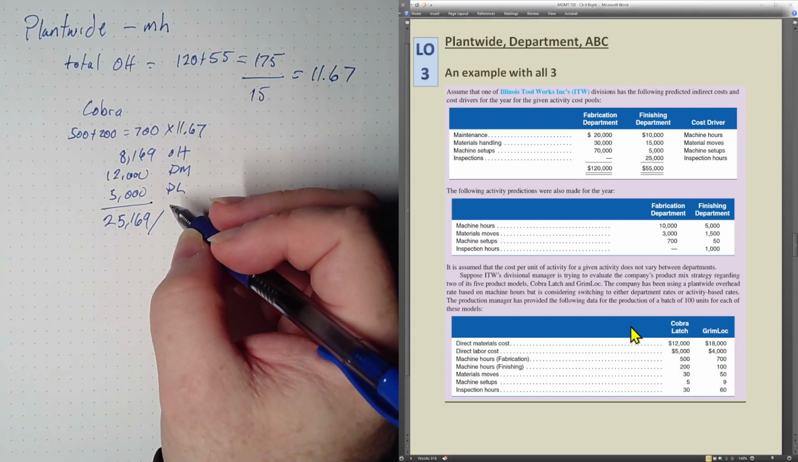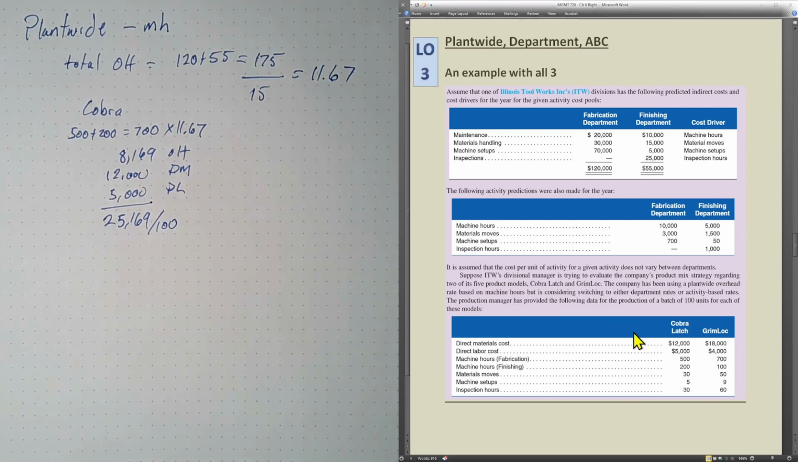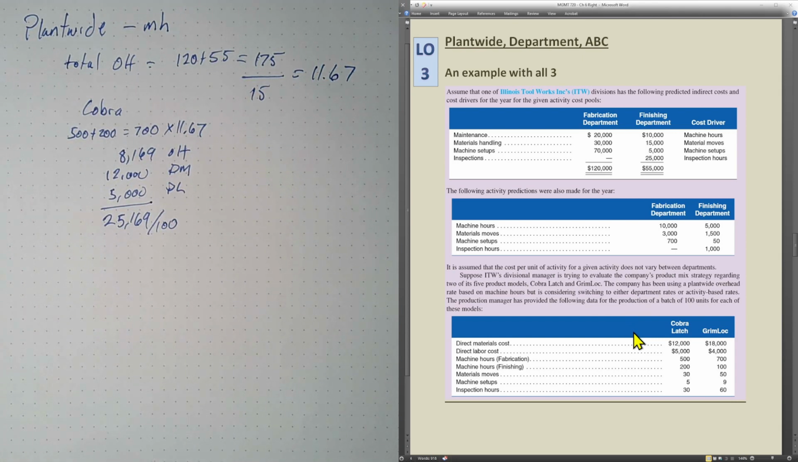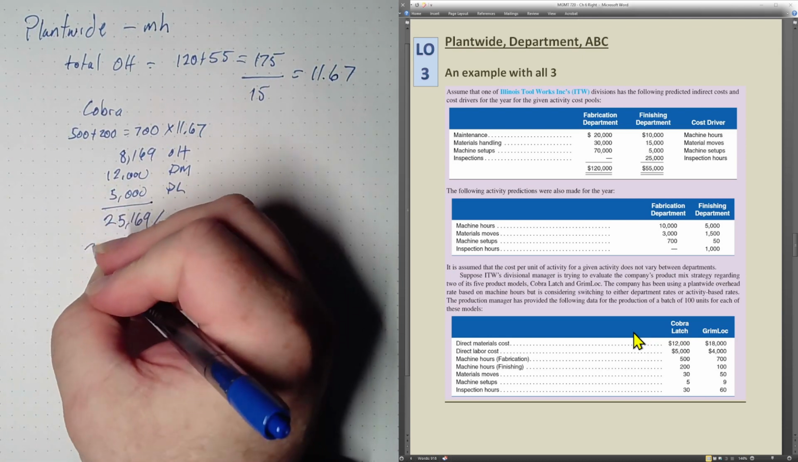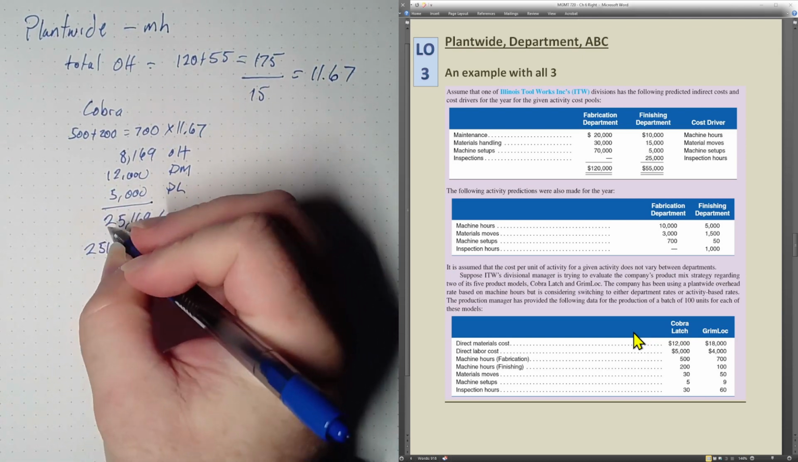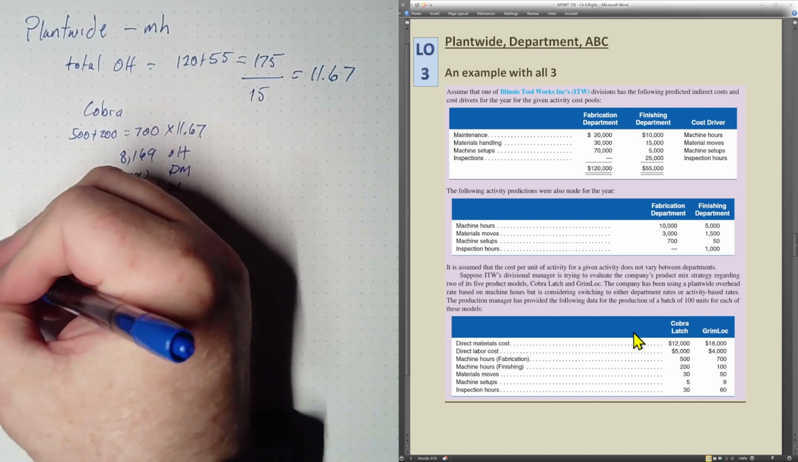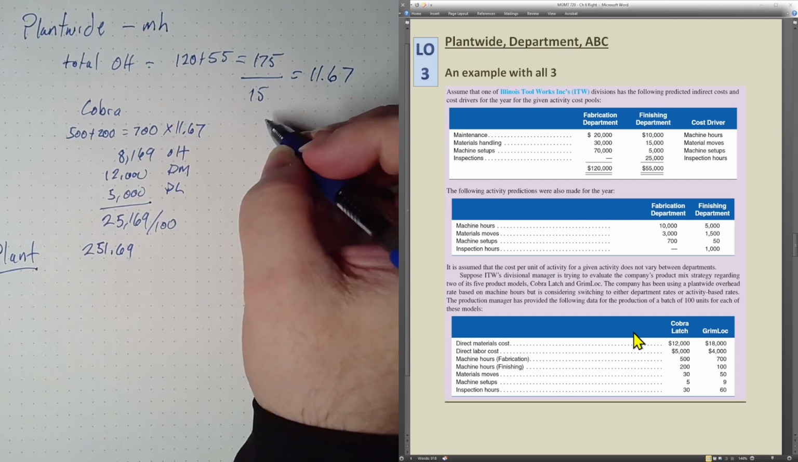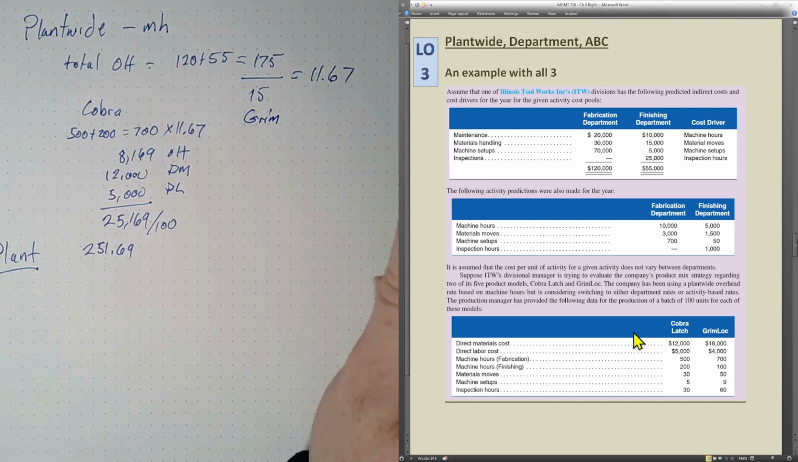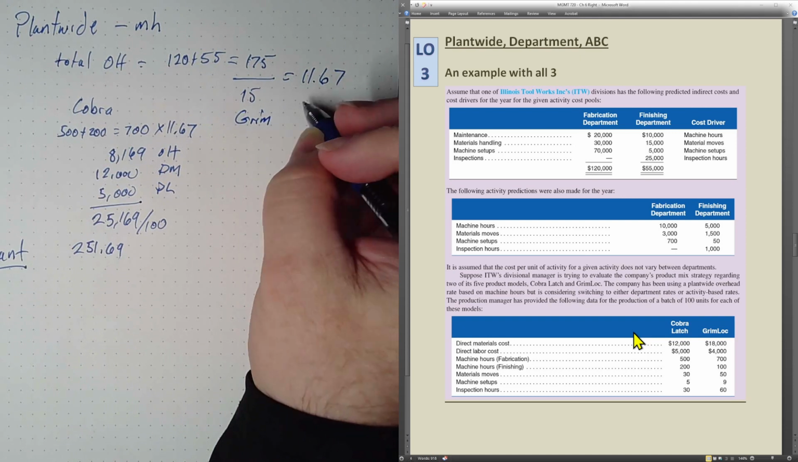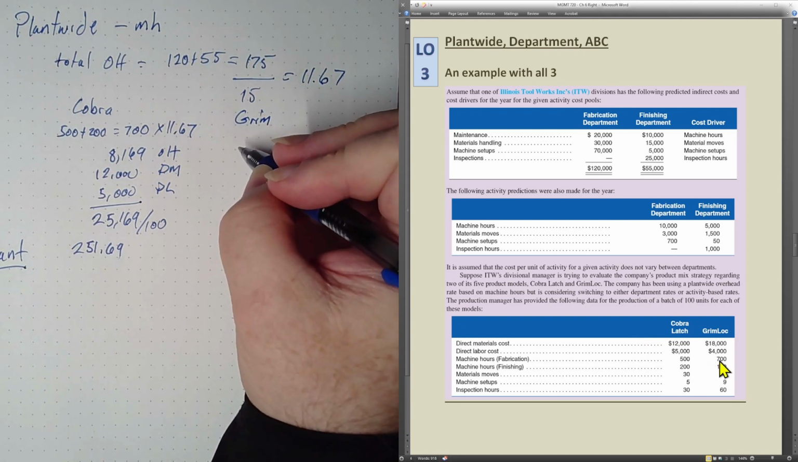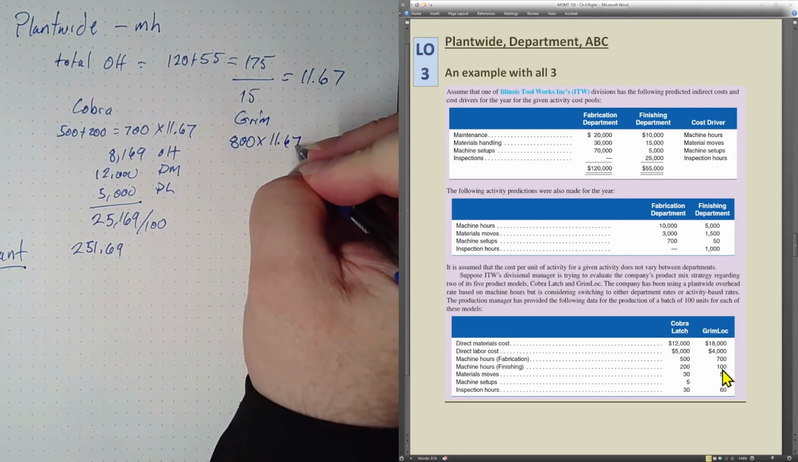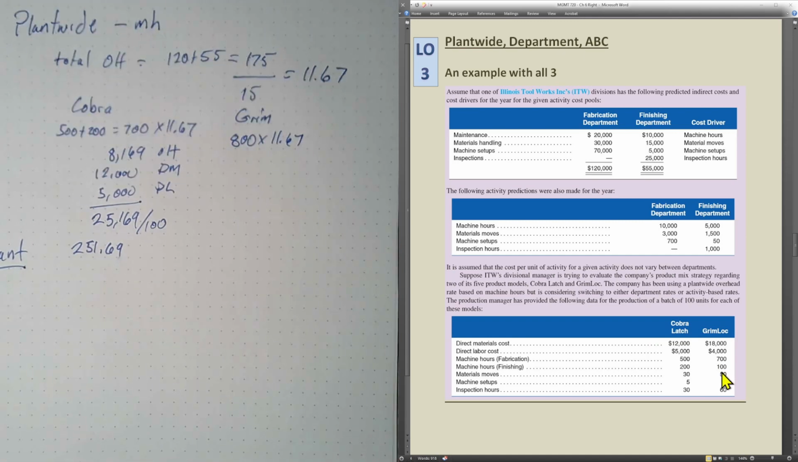So therefore we're going to divide that by 100. So the per unit price is going to be $251.69. So this is the plant-wide cost. And we'll do the same thing here for Grimm. 700 plus 100, so 800 total hours times 11.67, and then that's going to come up to